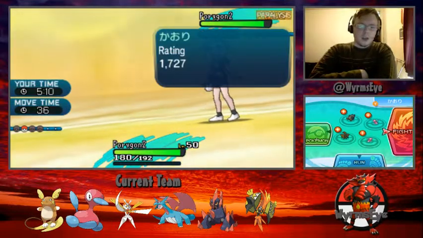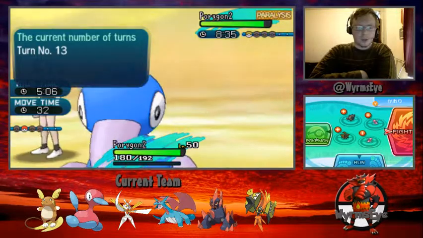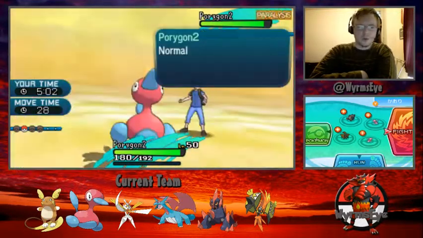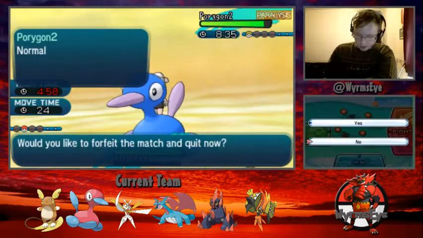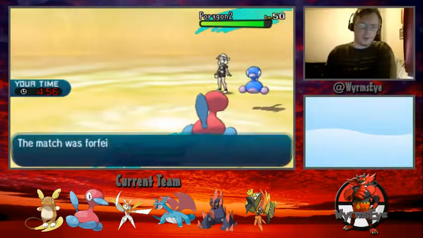Obviously, we dedicated quite a few of our resources to trying to remove Snorlax from play. In the end, the Porygon2 does manage to hang around enough that we can't actually beat it, so we are just going to forfeit here. Good games to my opponent. She played that